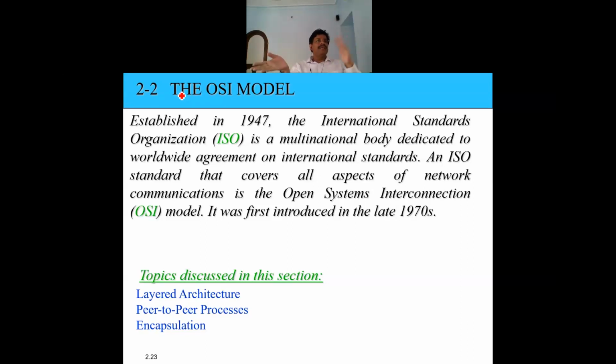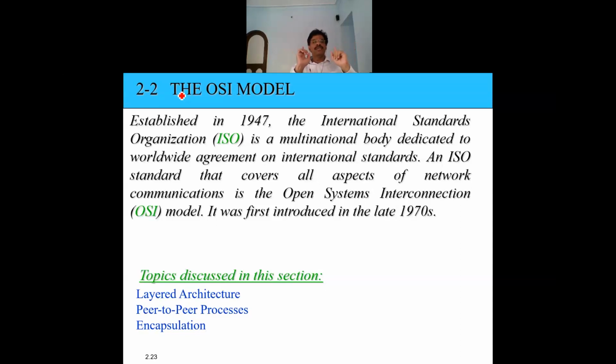But again, there was an industry effort to standardize equipment, hardware, and functions at various layers, and that gave rise to the development of the ISO OSI model,